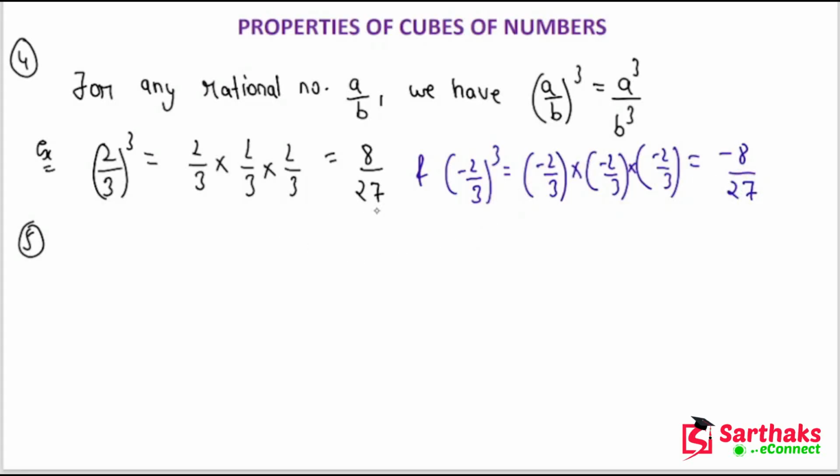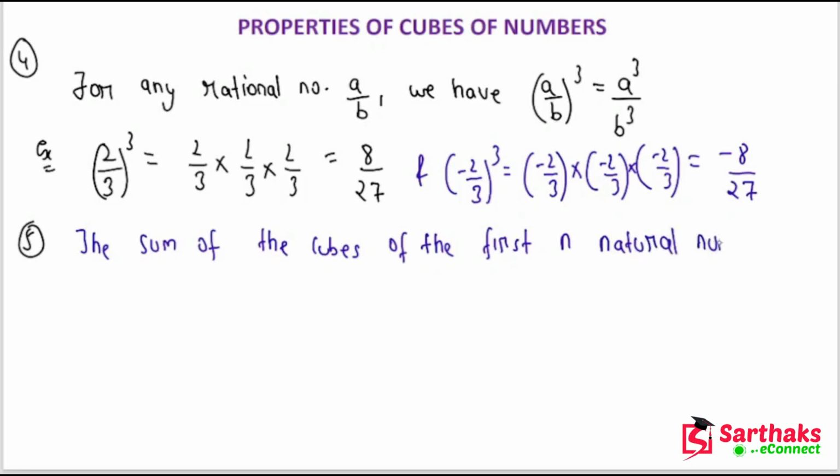So (2/3) cube is 8 upon 27 and (-2/3) cube is minus 8 upon 27. So for any rational number, we can actually separate the powers on numerators and denominators. Now what the fifth property has to say, it says that the sum of the cubes of the first n natural numbers